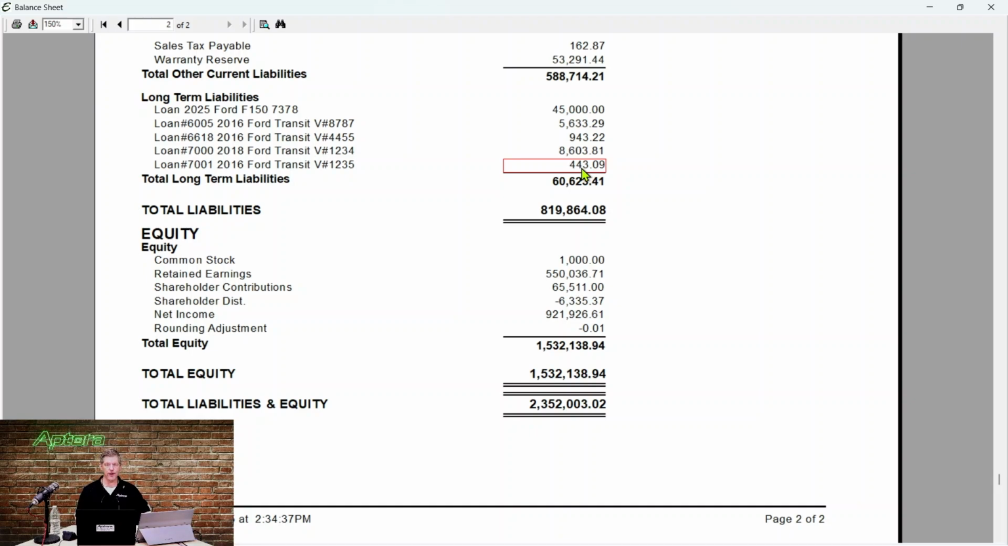I have many clients I work with that say, no, we don't have any of those loans on our balance sheet. We got to get that on there. So the first thing we do is we go to the asset manager. We add all those vehicles if they haven't done so already. We get the assets on the balance sheet, and we get the loans on the balance sheet. Every time you make a payment,